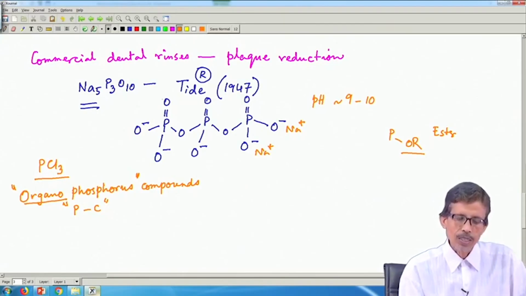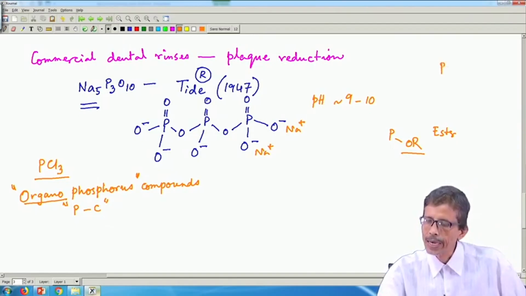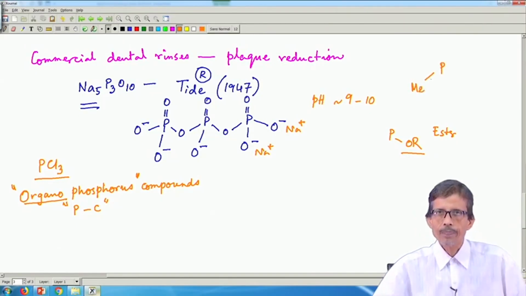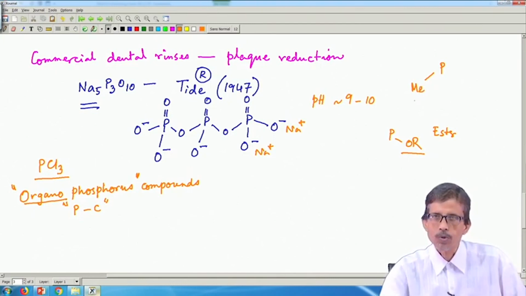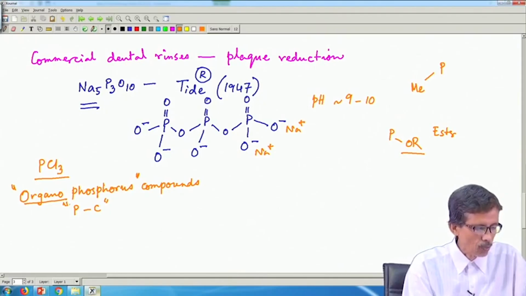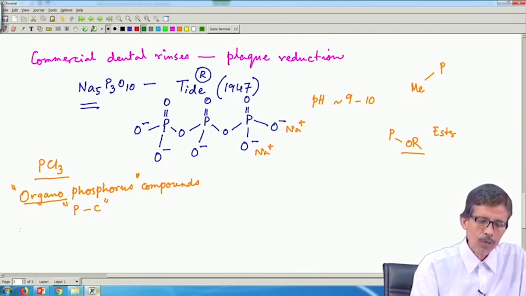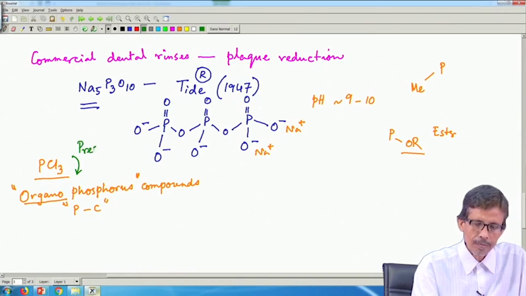So, if we are able to substitute around this phosphorus, that means if we are able to make, say, a P-Me or some phosphorus-carbon bond, then we can consider this as a typical organophosphorus compound. So it can be the typical precursor. Therefore, this PCl3 is the precursor